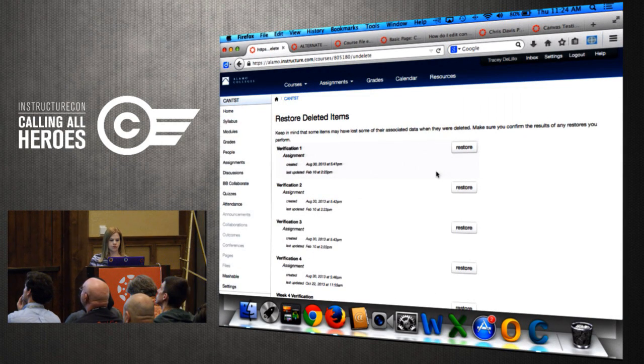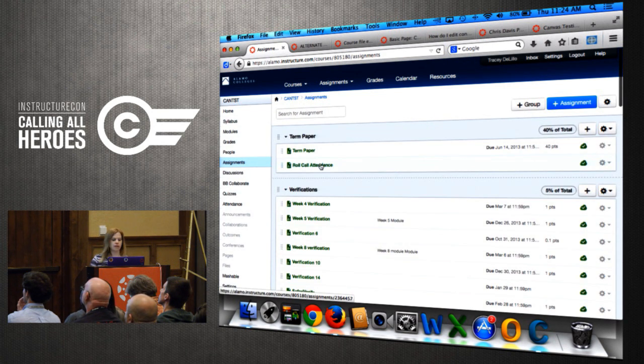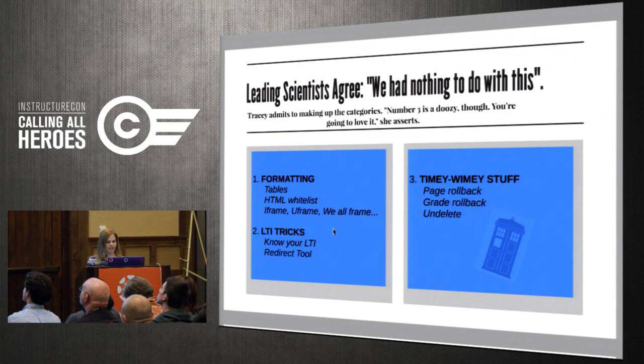And to answer the question that's going to come up next, yes, it's back with its grades, with its submissions. So I'm going back to my assignments page. So it's back. One thing I did notice now that draft state is turned on is sometimes you may have to republish something. Sometimes if you delete, it was published, you deleted it, you bring it back, it's unpublished. Minor issue, but just something to be aware of. So that is that. That's it, I'm done. No, I'm just kidding. So that's the undelete.